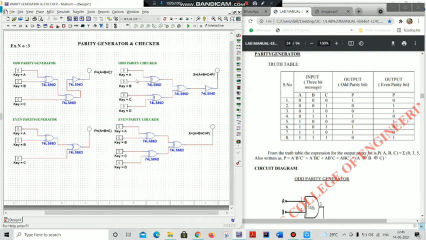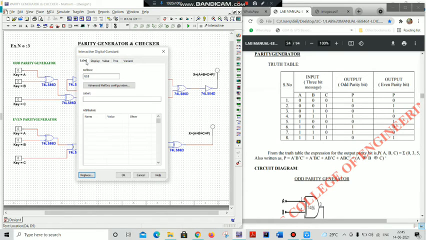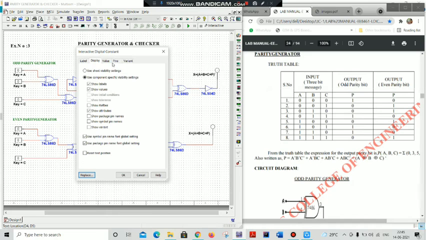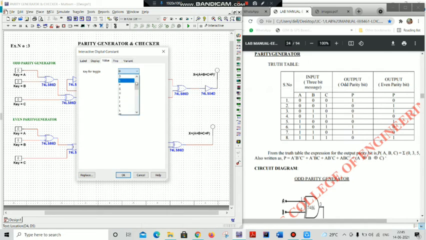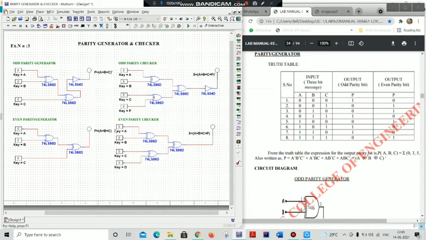This checker is very similar to this generator, but the input bits in your generator are 3, and in your checker it is 4 bits.